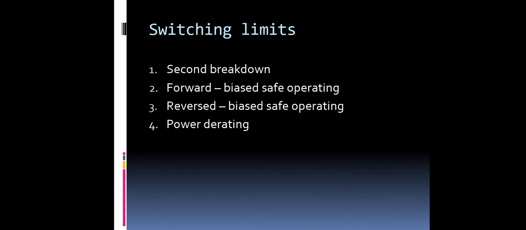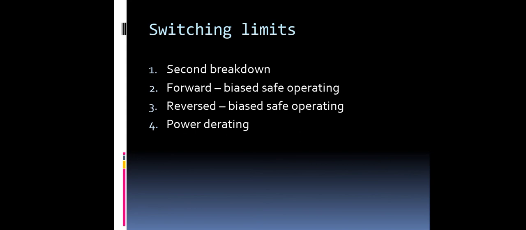Now, second is the forward bias safe operating area. During turn-on and on-state conditions, the average junction temperature and second breakdown limit the power handling capability of the transistor. The manufacturers provide a curve of test conditions. For reliable operation, the limit of the transistor must be greater than the dissipation, within the curve of the forward bias safe operating area.